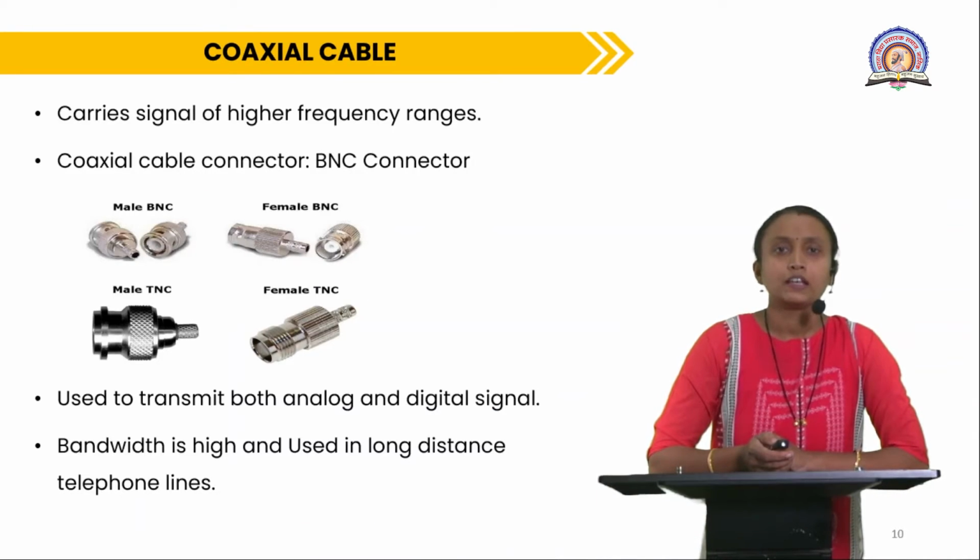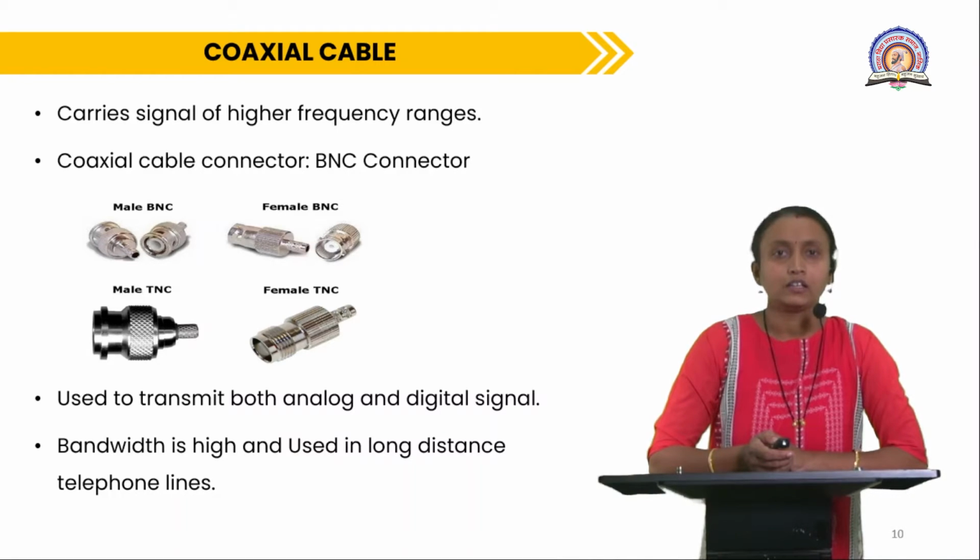The coaxial cable carries the higher frequency range as compared to twisted pair cable. Hence, we can use the coaxial cable for more distance as compared to twisted pair cable. The coaxial cable connector can be BNC connector and TNC connector. BNC connector means bayonet nail concealment, whereas TNC is a threaded version of